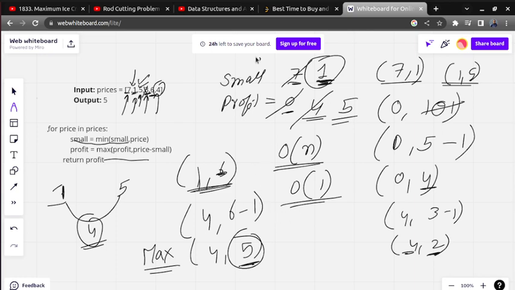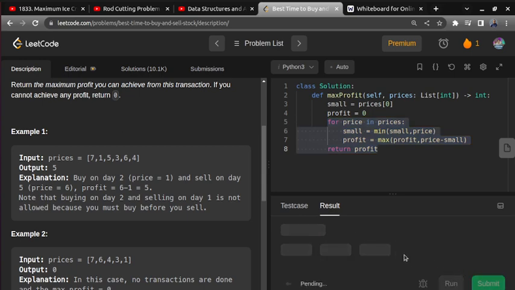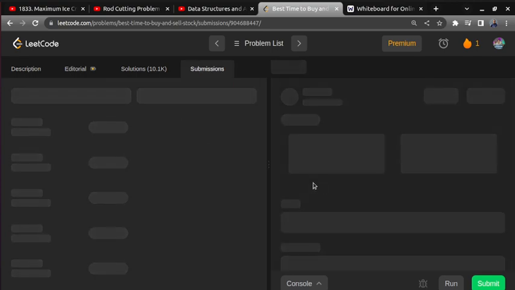And what is the ultimate aim that we keep in mind while solving the problem? If you want to get the maximum profit, you require two things: the smallest price at which you buy the stock, and the maximum profit that you can get when you sell the stock on a particular day. We maintained both things in two variables and finally reached our solution, and this solution is completely accepted. The space is order of 1, and I hope you got the solution.